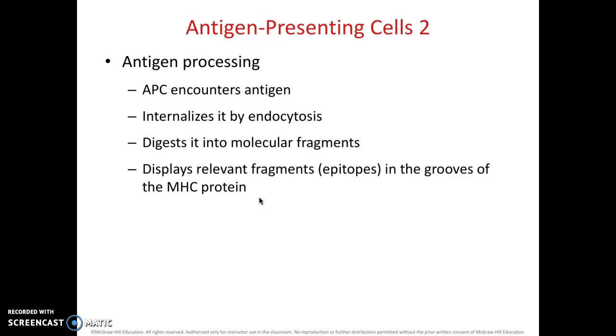So antigen processing is where the antigen-presenting cell encounters the antigen and internalizes it by endocytosis, which is a form of phagocytosis. It will then digest it into different molecular fragments and display the relevant fragments, which are the epitopes. Remember, the epitope is where the antibody will eventually bind. So they'll display these epitopes in grooves of the MHC protein and then present this to the relevant